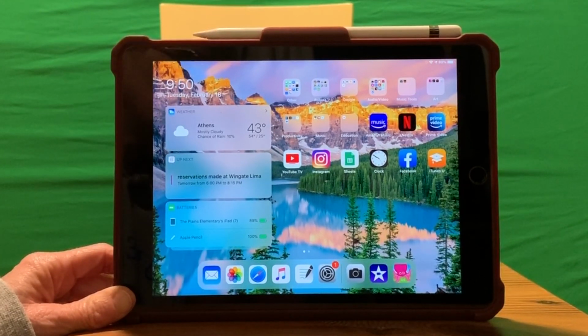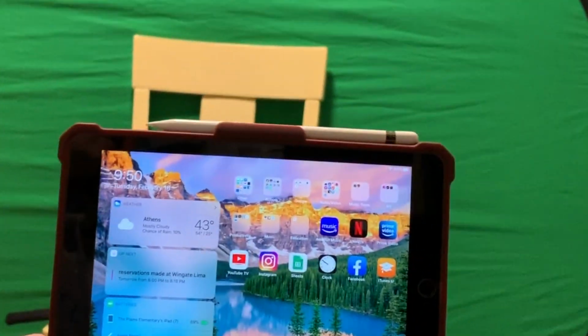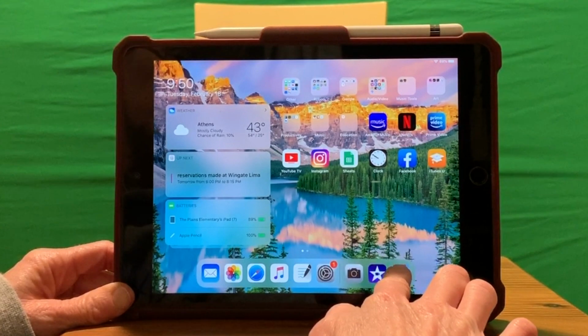There are just a few steps to using DoInk to create green screen video. DoInk is a great app if you want to do a live green screen demonstration for your students and let them try green screen out in the moment and see the effects live. So I'm demonstrating here with a little live scenario setup. And we're going to start by opening up the app